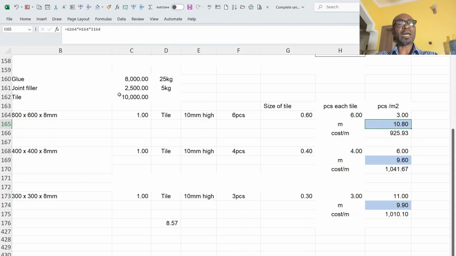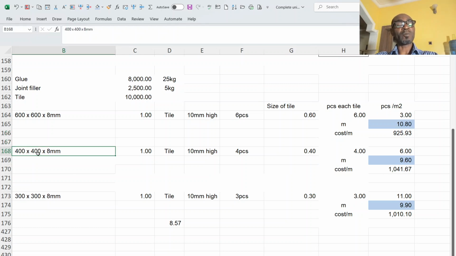Then if your tiles per square meter is 10,000, 10,000 divided by 10.8 linear meters will give you 925 naira 93 kobo. Then if it is a 40 by 40, because you're going to get 4 pieces